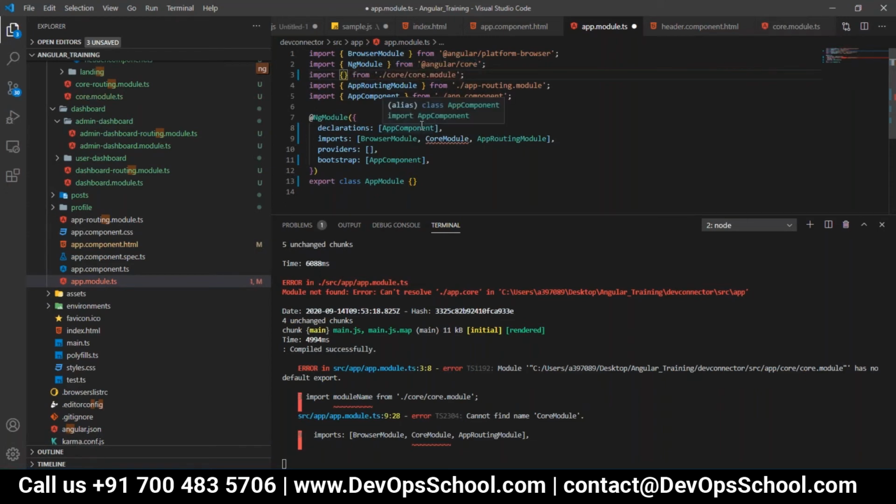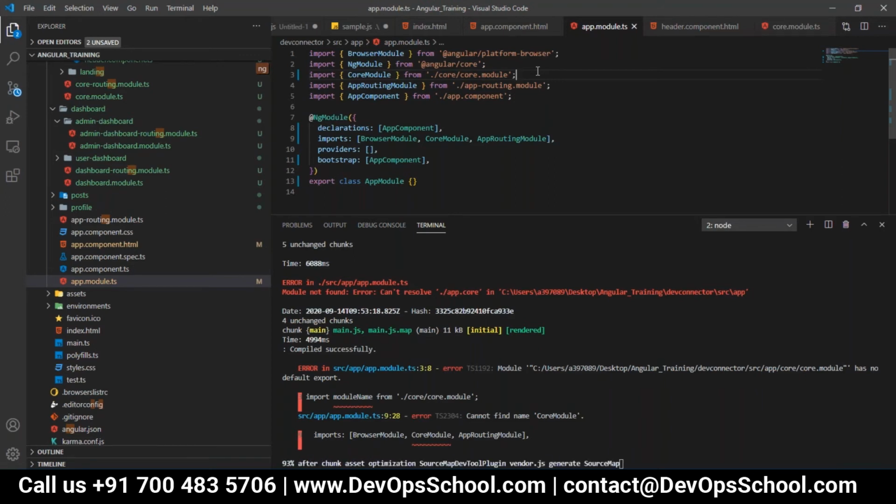Type CORE. Use control space. And now it's showing core module, right? Pick it. Okay. Save it now. Yes, I did.